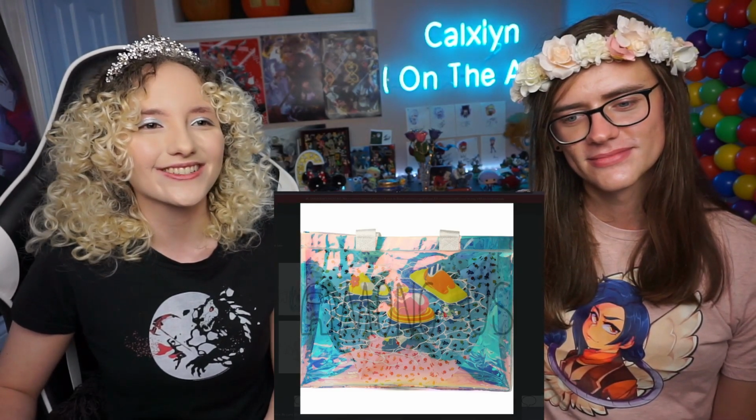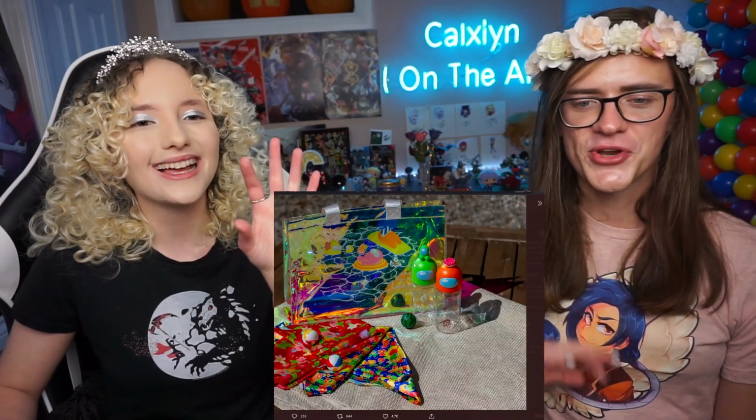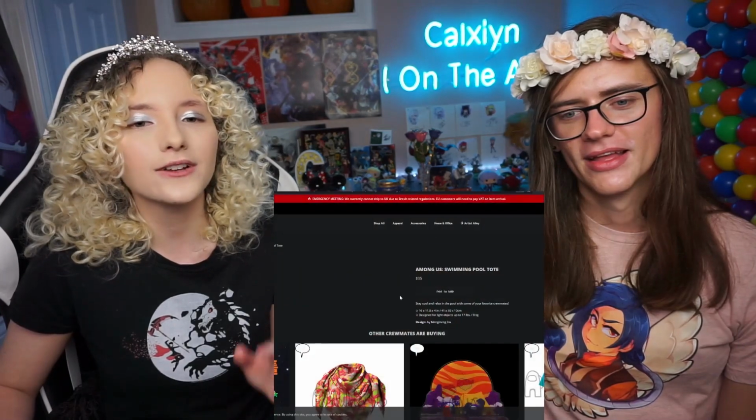Again, Hunter's right, it is kind of hard to see. But I do like the style. I like how it has the tape, without the watermark. It's shiny and holographic. Yeah, very holographic, and it looks like a good size, too. I would say that's a good size bag. So if you're in the market for, like...